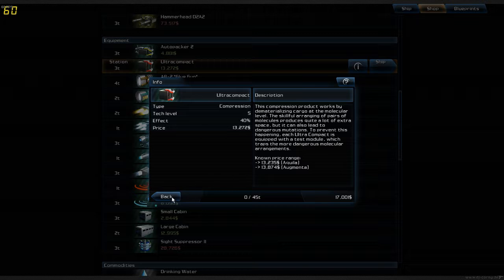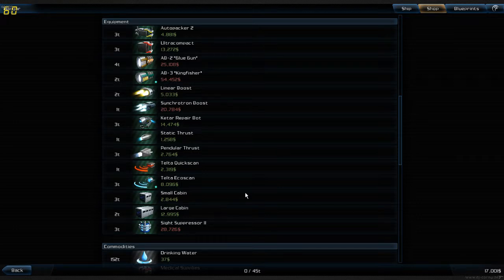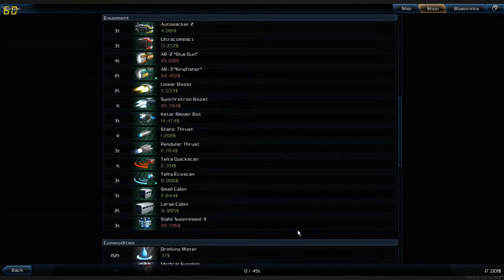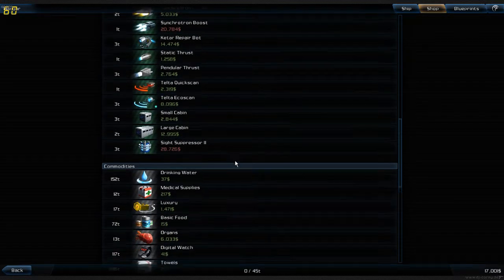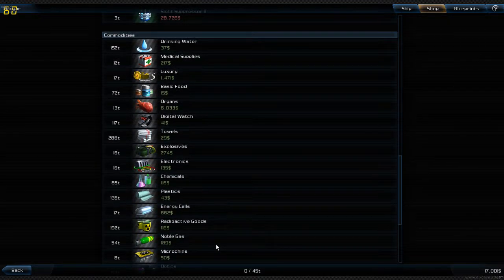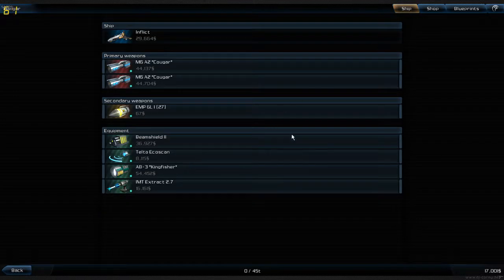That's an ultra compact. It's 40% more cargo space, but those are the like ultra compacts. That's the kind of thing that you only install if you really don't have anything else you want to install. Yeah. Since most other things are more useful, except large cabins and side suppressors. I usually like cabins and the general side suppressors. I usually never get them. But yeah,